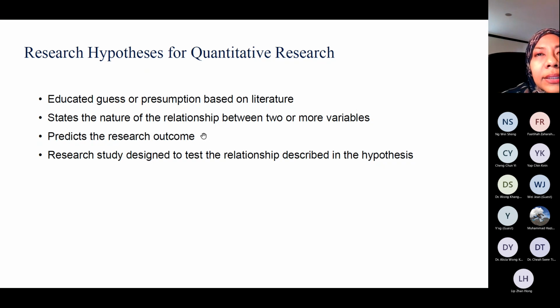So the design of our research is based on the hypothesis that we draw. If the hypothesis is talking about a relationship, then maybe we are using regression analysis. If we are looking into comparison, then maybe we are using t-test or ANOVA, things like that.